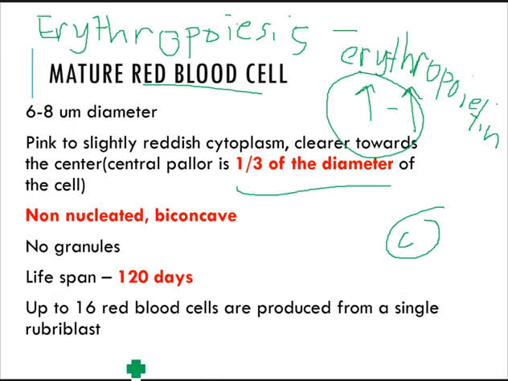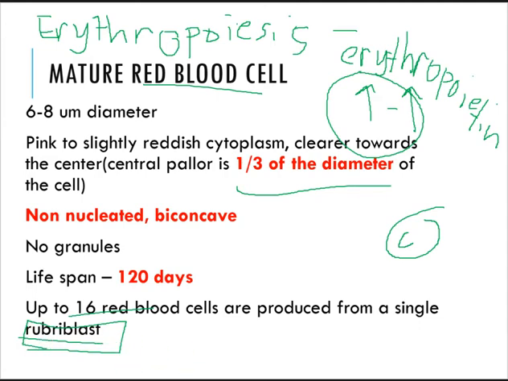are produced from a single rubriblast. Okay, so this is like a prerequisite in making your RBC. So again, I'm not going to delve in deeper because it is really hard to explain in simple terms. But basically, guys, all you have to know is that up to 16 red blood cells are produced from your